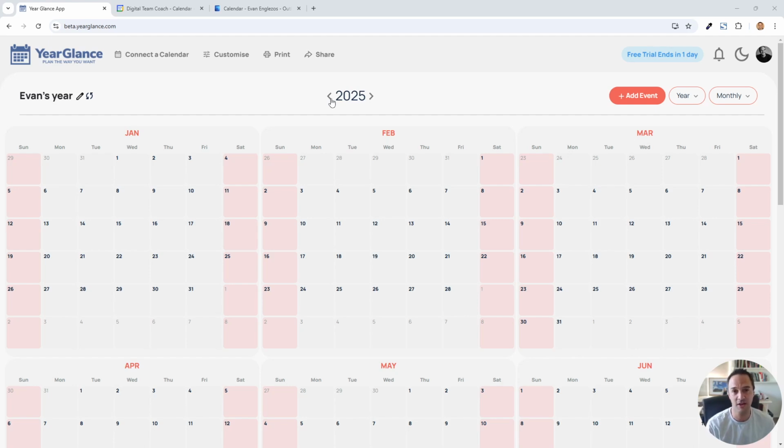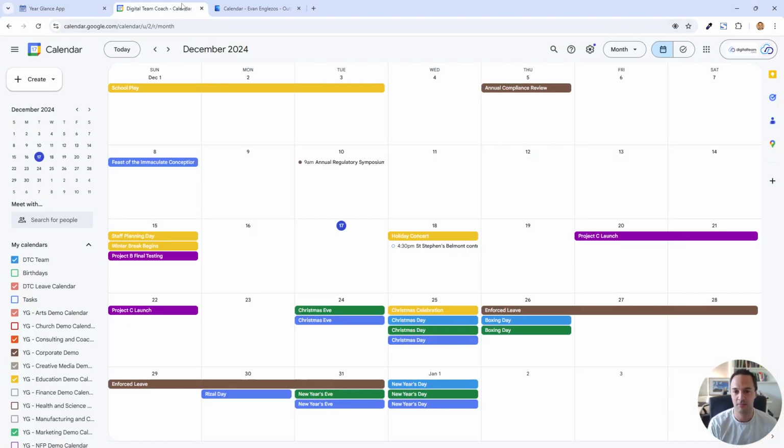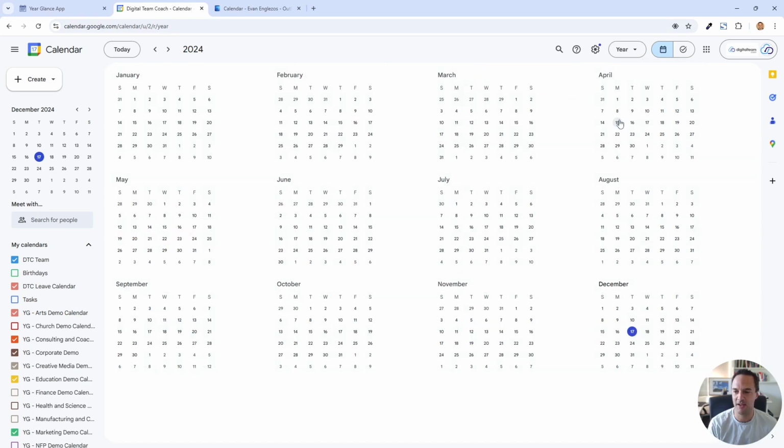So if you've gotten this far, you probably know that Yearglance integrates your Google and Microsoft calendars to be able to give a year view or a multi-month view, which these tools don't currently do. So if I look at my Google Calendar, you've got day, week, month view. There is a year view, but as you can see, this gives me very little information whatsoever.